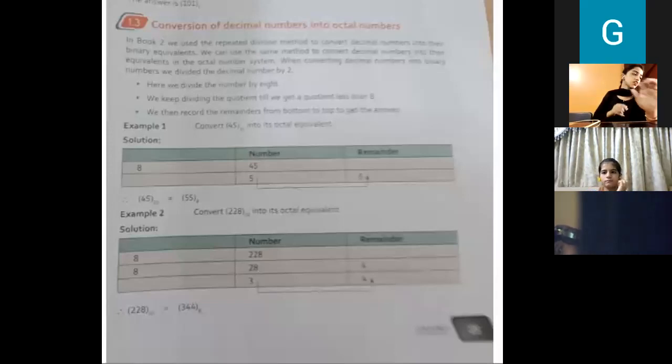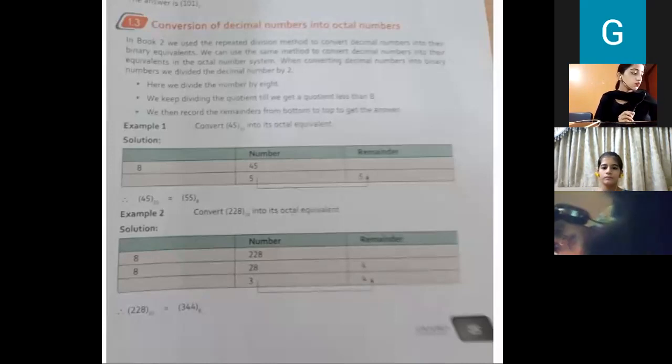So class, today we are going to learn the conversion of decimal into octal numbers. In the previous class, we used the repeated division method to convert decimal into their binary equivalents. We can use the same method to convert decimal into their equivalent in the octal number system. When converting decimal into binary numbers, we divided the decimal